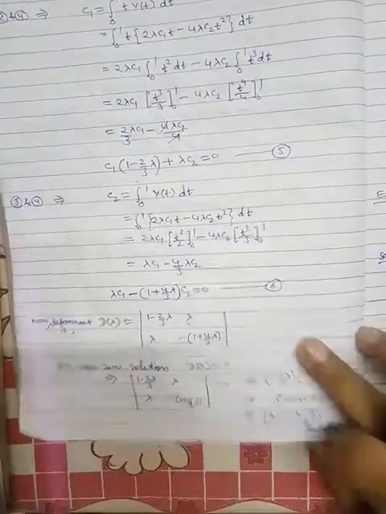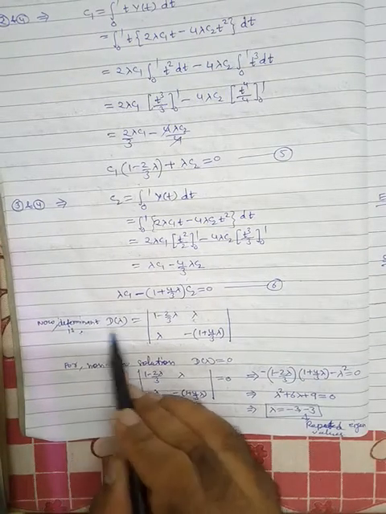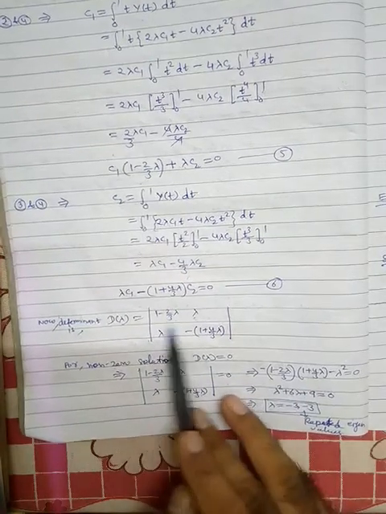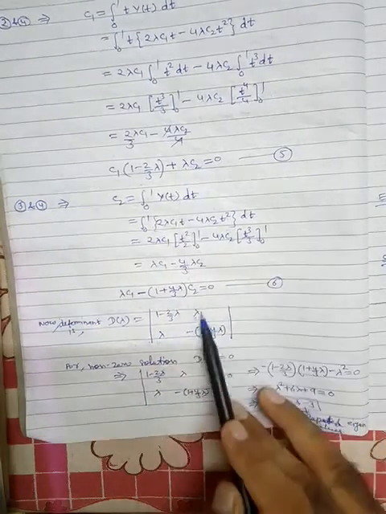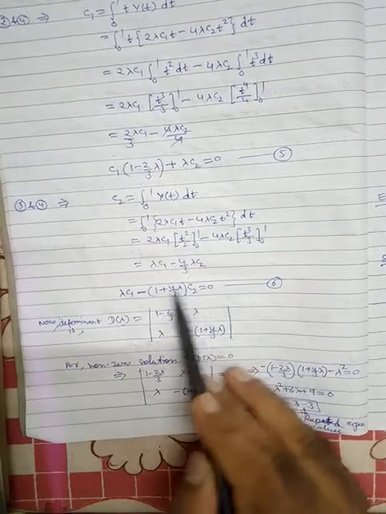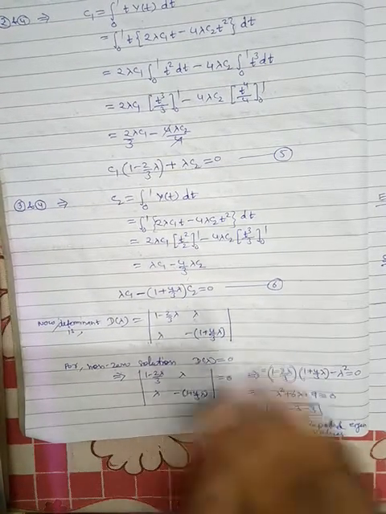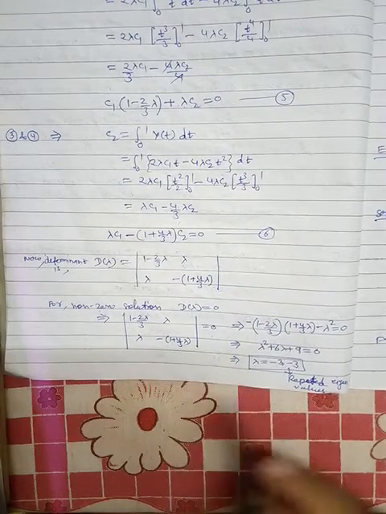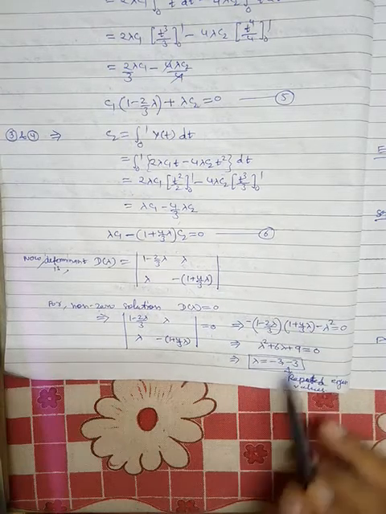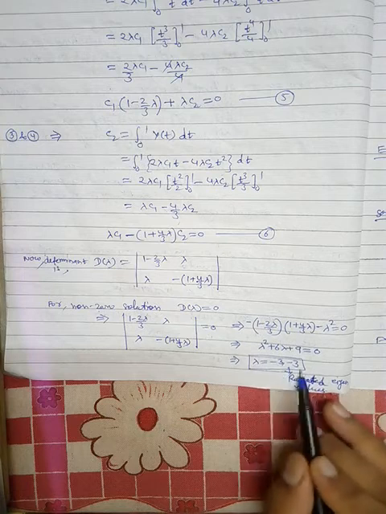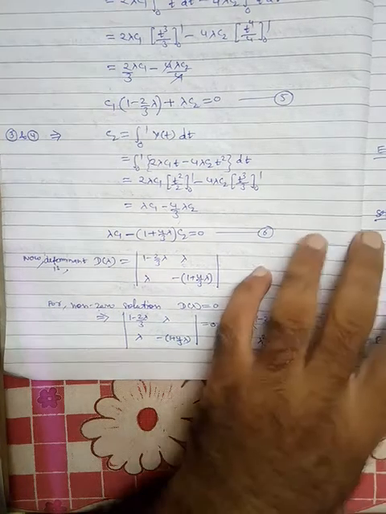Finally, to get the determinant, D(lambda) is given here. The coefficient of c1 is this, written here. The coefficient of c2 is lambda, written here. Then from the second equation, the coefficient of c1 is lambda and the coefficient of c2 is this, written here. So this is D(lambda). Now for a non-zero solution, D(lambda) will be 0. Simplify this, we get this equation, and lambda equals minus 3. That means the eigenvalues are repeated. Fine, so now the eigenvalues are evaluated.